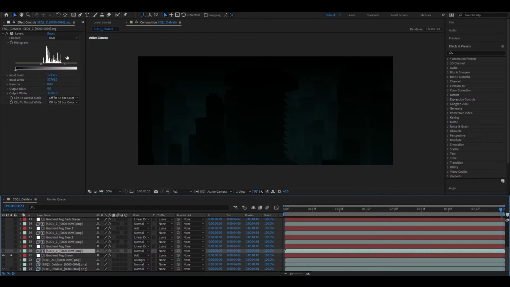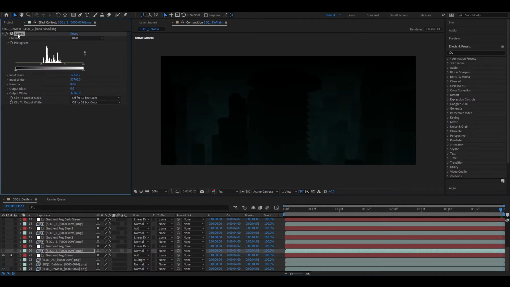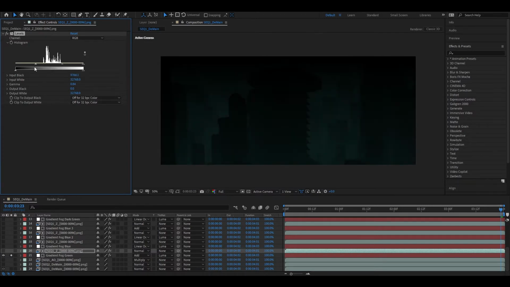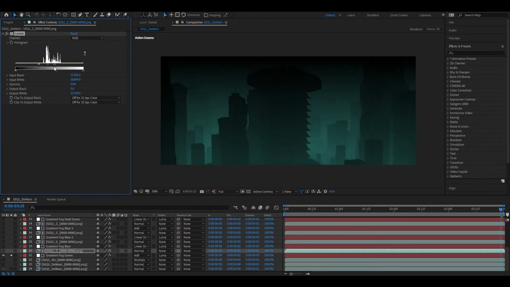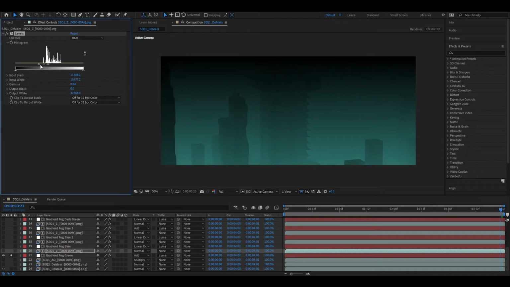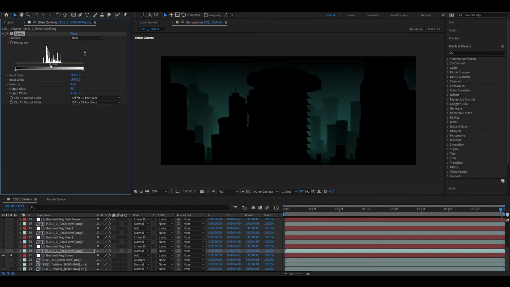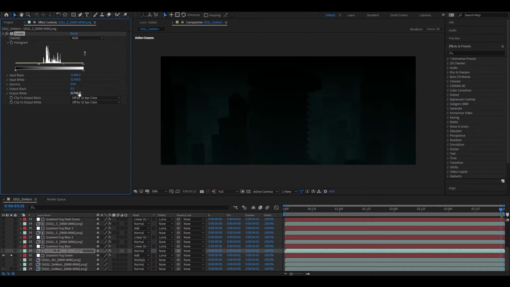And so what that does is, if I add a levels to the Z pass that is being affected, you can set where you want the fog. If you want the fog to be further back, or if you want it to be way up front, you can even clamp it down to where you want it affecting just in front of these buildings, or if you want it more in the back here, not affecting the front. So this is really powerful for compositing, especially if you just layer